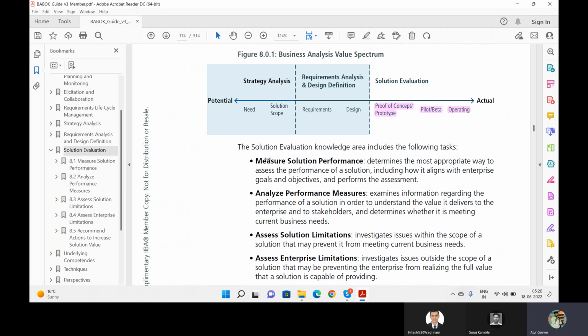Measure the solution performance. Determine the most appropriate way to assess the performance of a solution. How you can say that going via car is the best solution? How you can say that going via flight is the best solution, most appropriate way. See, they are saying I'll not say the best, it's the most appropriate, क्योंकि best नहीं होगा, appropriate होगा, most appropriate ये है मेरे लिए बस, including how it aligns with the enterprise goal, ये तो होता ही होता है।